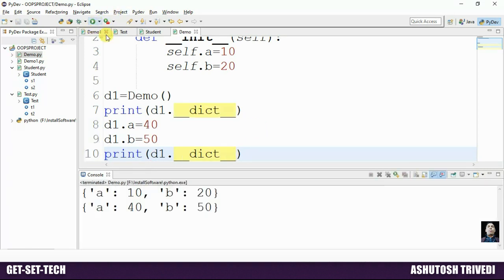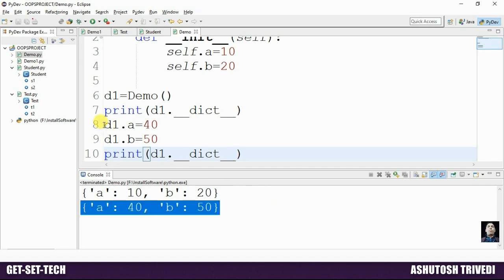Now we are trying to print d1.__dict__. Now save this application and run it. Watch here. For the d1 object, both instance variable values have been modified.